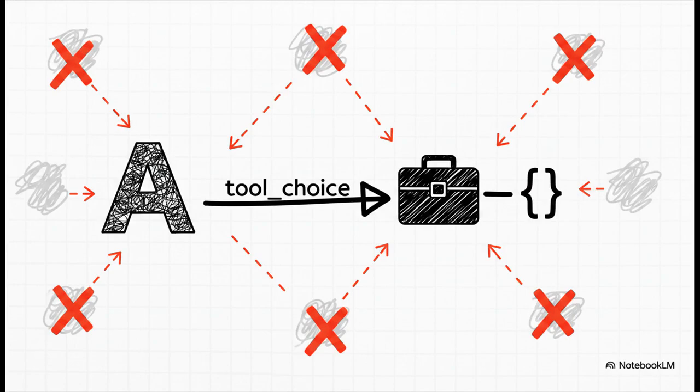Now, Anthropic's Claude models get to the same destination, just through a slightly different mechanism. Here, you define a tool with the schema you want, and then you use tool choice to force the model to call that tool. The model has no other option but to fill out the arguments for that tool, which means, you guessed it, you get back perfectly structured, schema-compliant JSON.